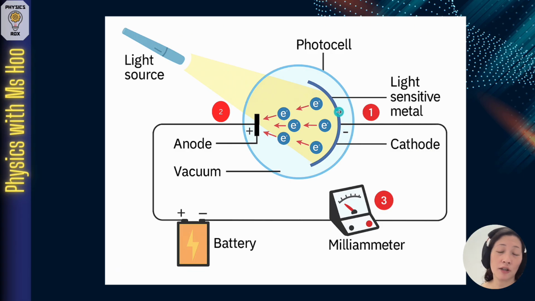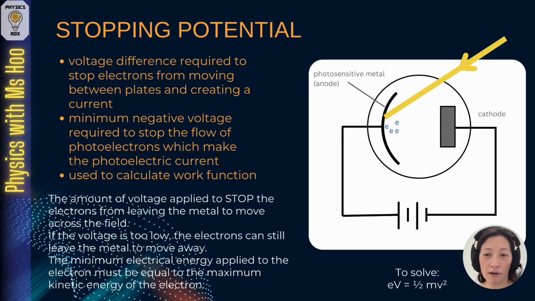Electrons are negatively charged, which are attracted to the positive terminal or the anode, and therefore they complete the circuit very easily. So even with very, very low voltage, the electrons can travel easily from the cathode to the anode. So this circuit is kind of awkward because the photosensitive metal is now connected to the positive terminal or the anode. The reason why we do this is just so that we can find out the value of the